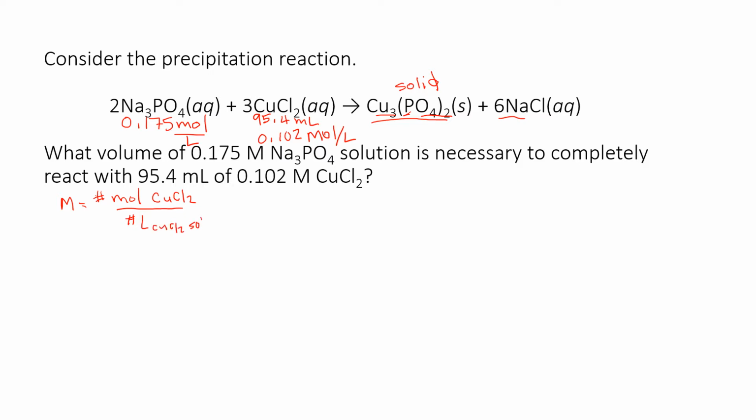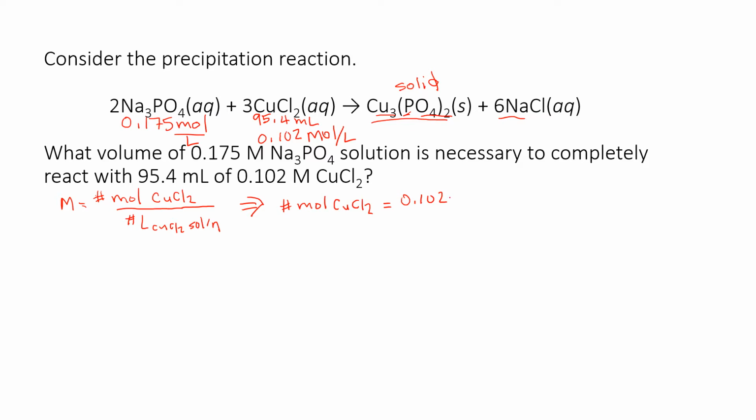So let's rearrange this where we can solve for the number of moles of copper 2 chloride, which is simply going to equal the molarity of the copper 2 chloride solution, which is